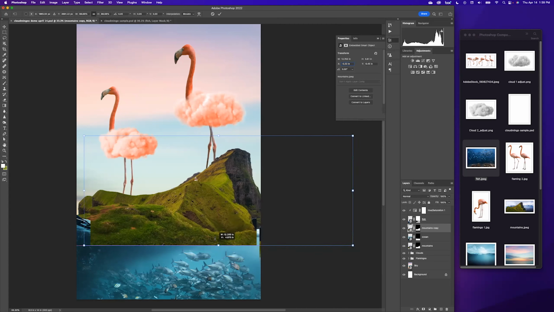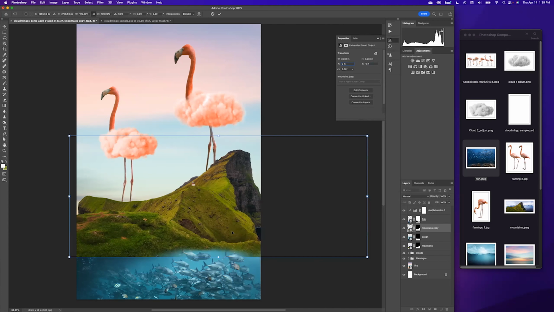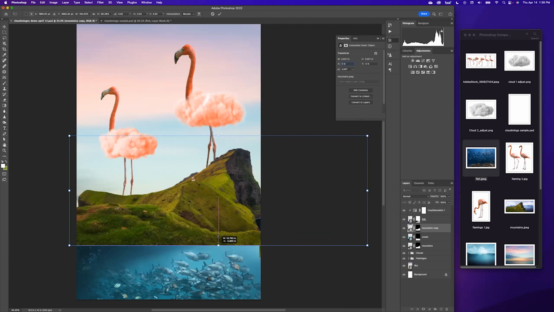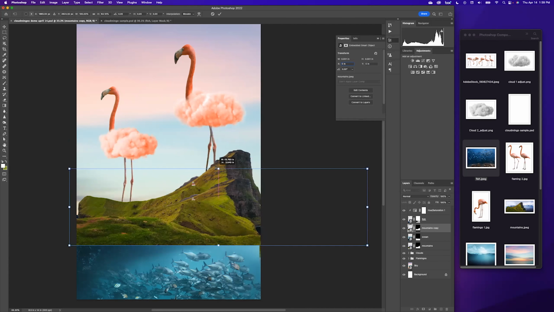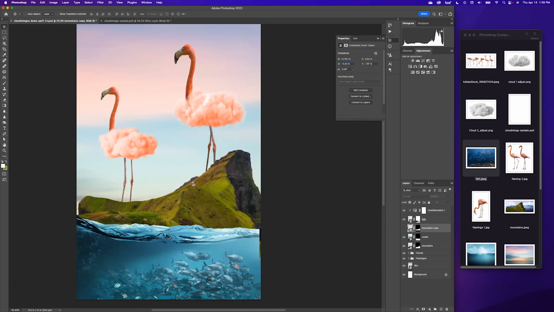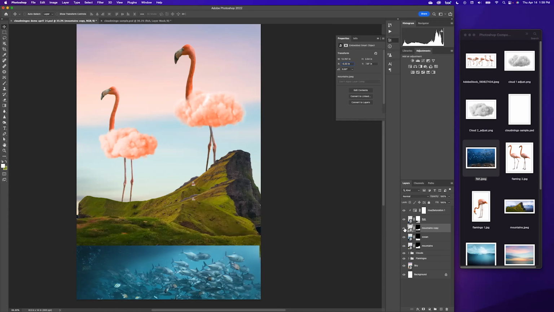So to do that, I can't just drag it in at constraint proportions. I have to hold Shift and just pull this up, maybe here, and then maybe pull this down too. So I'm just holding Shift and making this pancaked version of it. And I mostly care about the part that is here. Actually, well, that's okay. And then what we're going to do is change the blend mode to,